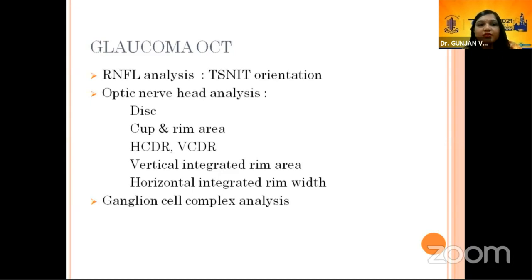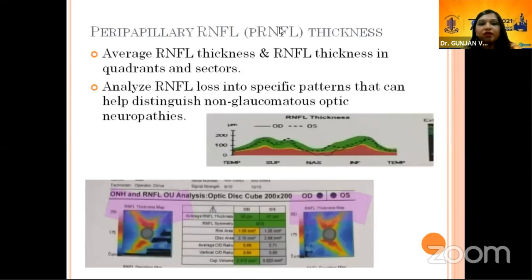So retinal nerve fiber analysis is done here. The retinal nerve fiber shows a typical bifid curve. Here the hotter area represents the normal RNFL thickness, and this black part shows artifact. Whenever checking an OCT, you always have to see the signal strength. This retinal nerve fiber layer analysis is then demonstrated in the TSNIT curve, that is temporal, superior, nasal, inferior, and again temporal. If this curve falls in the green zone, it indicates a normal RNFL thickness.